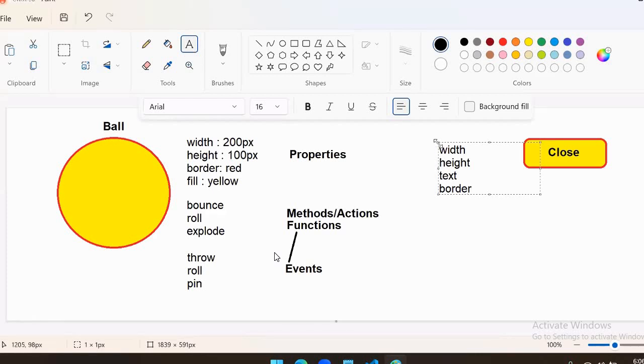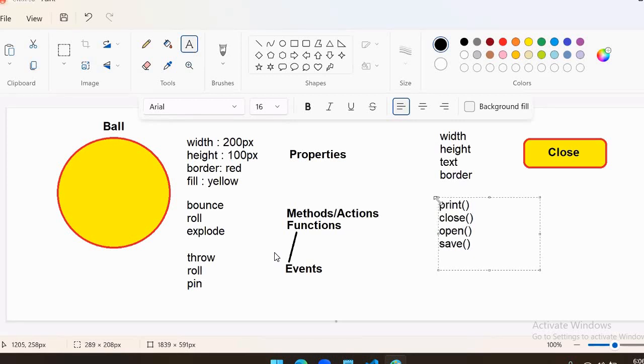These all come under what? Properties. What can a button do? A button can print, a button can close, a button can open, a button can save. Am I right? These are all the actions, methods. But when can it do this? When you click